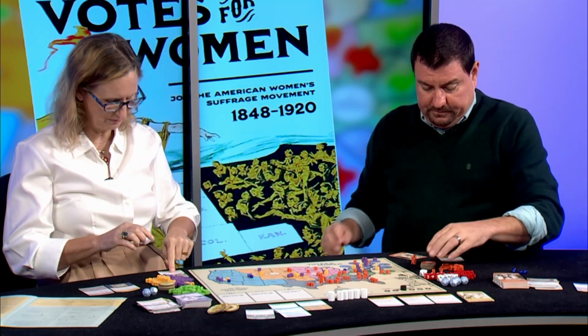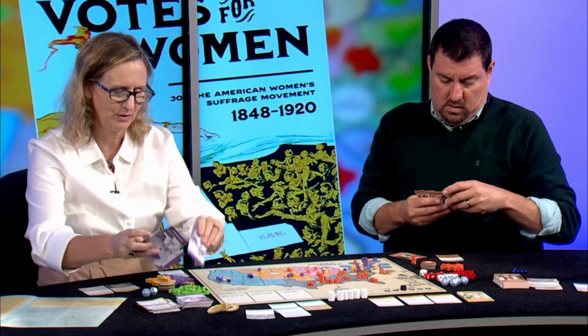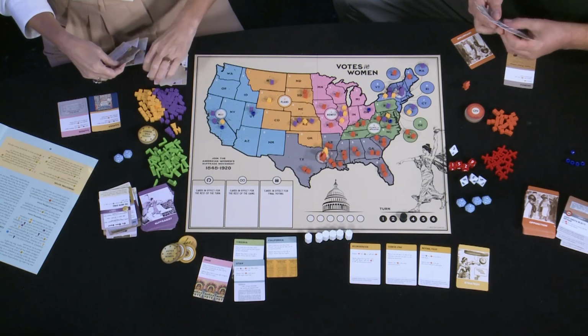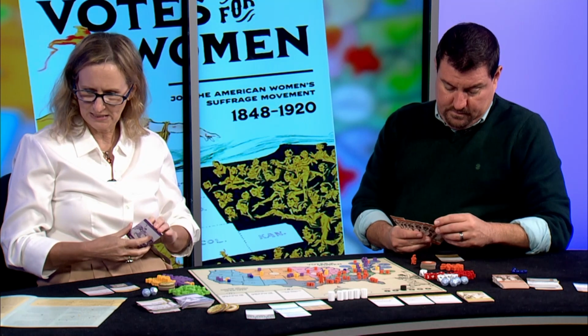Ahead. We're going to pull cards so that we have 7 total on hand. 1, 2, 3, 4, 5, 6, 7. Okay, I'm not counting those guys. All right. Okay, so now we need to